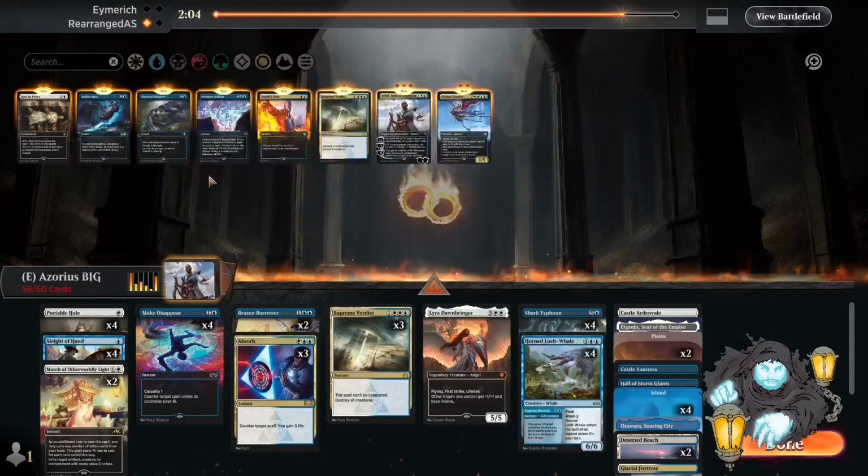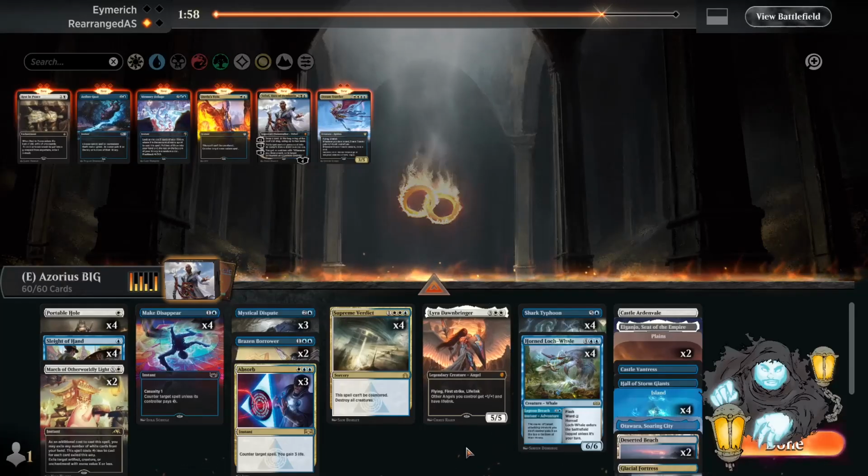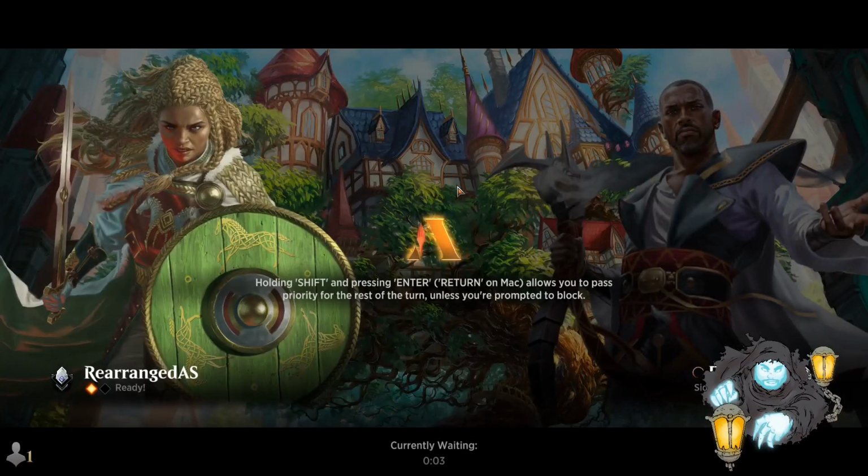I want to bring in the Lyra. I want the Disputes, wherever those are. There they are. And I want my Dream Trawler. No, I want my Supreme Verdict. There we go. Yeah, I don't really want to be putting in Dream Trawler because I started putting Mystical Dispute